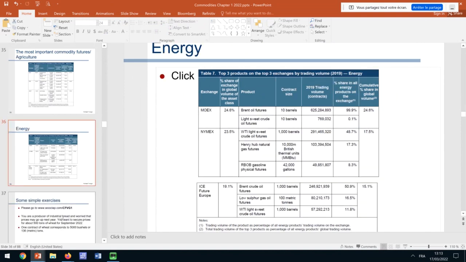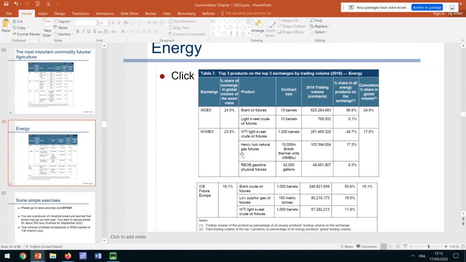Anyhow, and finally, the energy contracts. Gas and oil are the biggest contracts, but then you have very different types of oil. Brent is the oil quality that you can get in the North Sea. Light sweet crude oil, I don't know exactly what light sweet crude oil is or where it comes from. But these are different qualities of oil that are used to produce gasoline or airplane fuel and so on. Henry Hub is a very big crossing point